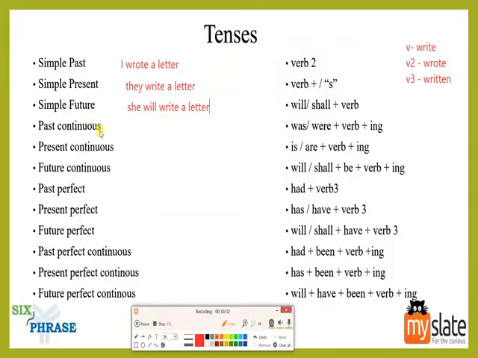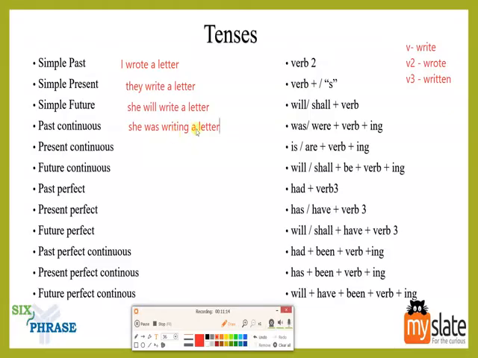So we'll have to go with past continuous. As we know the format already, we have was or were plus verb plus you need to have an ing since it is a continuous form. What do you mean by a continuous form? Continuous form or continuous tense means that the thing which is happening is continuous. It has been doing. It is continuing. It is being done. For example, you guys are listening to the class. So when I am describing something which is happening, that is in a continuous form, I'll have to add ing in the end, right? So she was writing a letter.